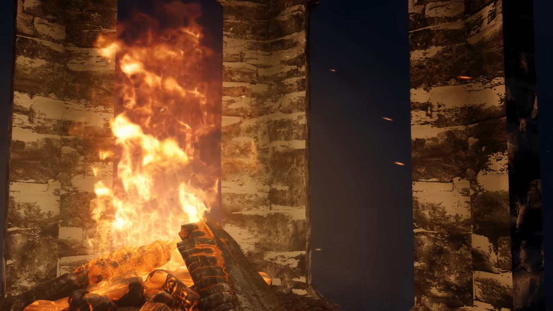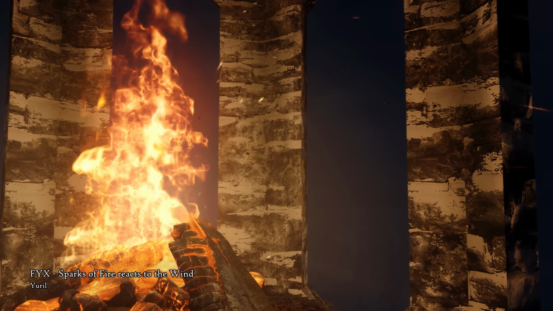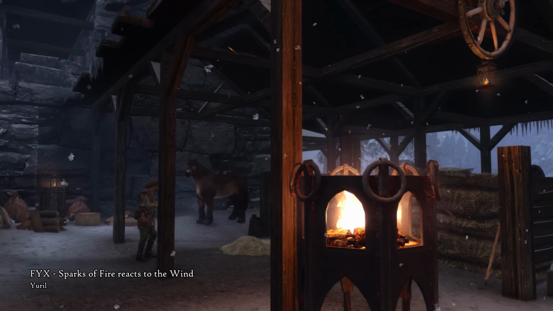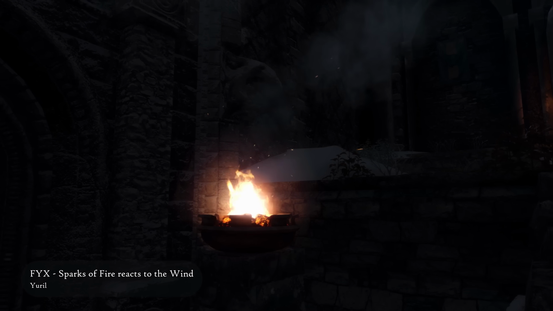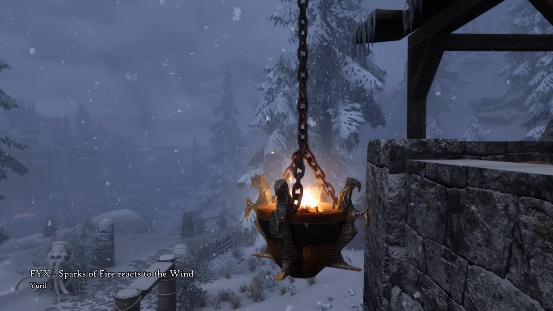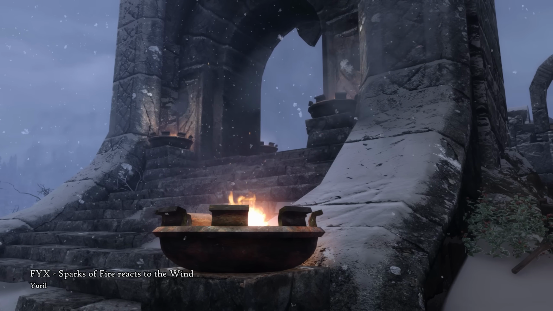Then on top of it, let's get FYX Sparks of Fire react to the wind, which you can already deduce makes these added fire sparks react to the wind like a real fire. Especially when it's stormy weather, the more apparent blowing of the wind just makes the game more immersive. At this point of Skyrim modding, it's all about the tiniest details to improve upon, and together they make a